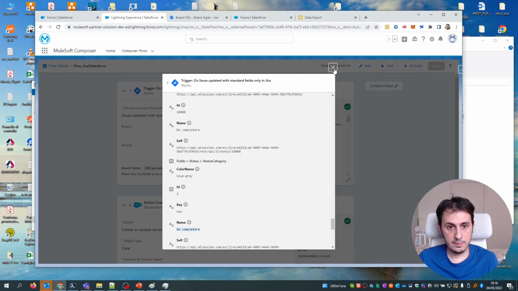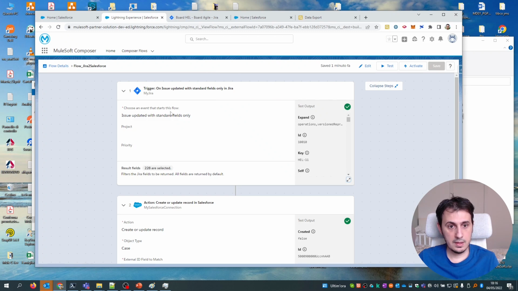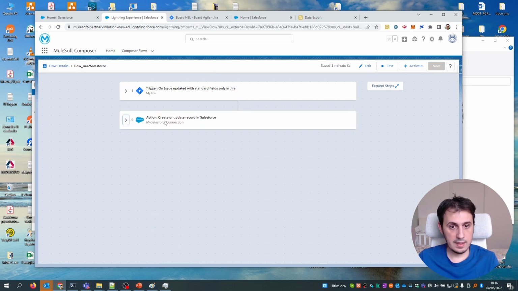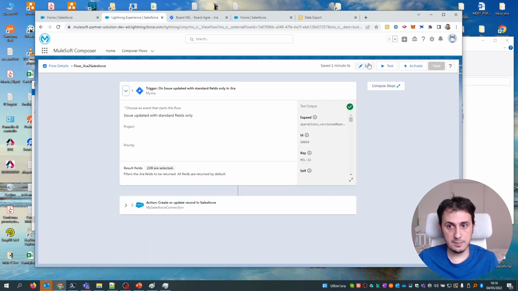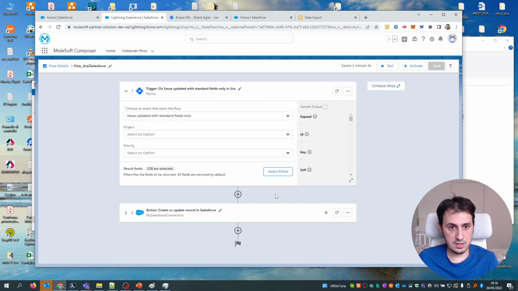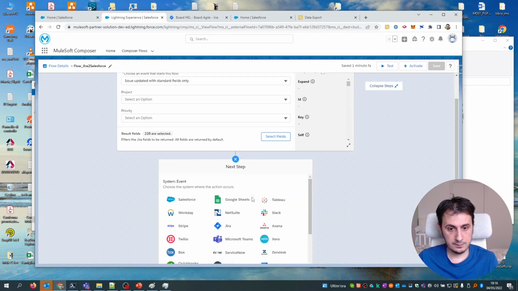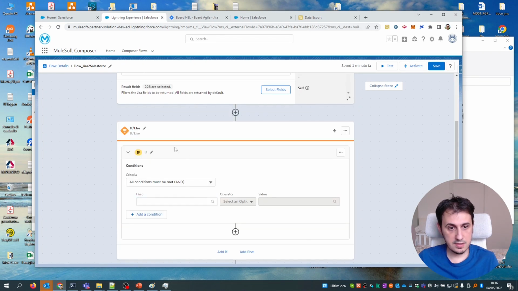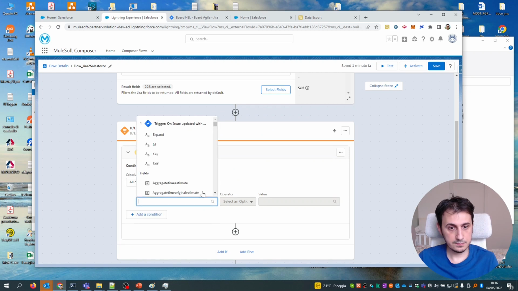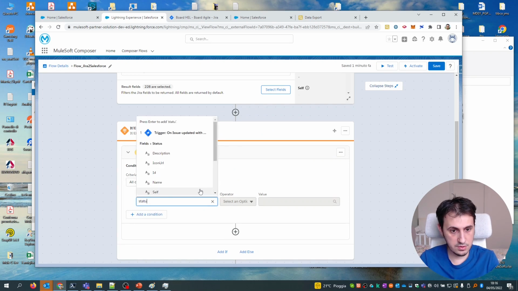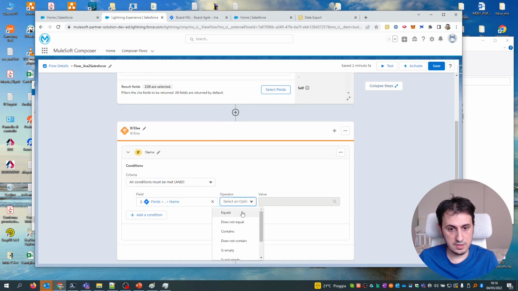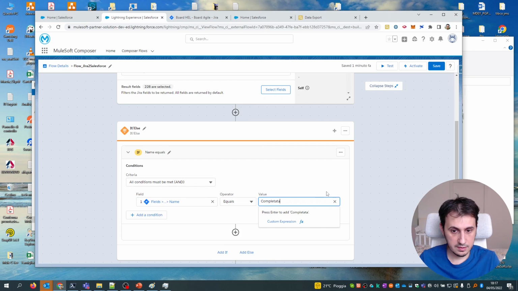Let's create an if statement in order to close the ticket only if the ticket is closed. If then else, I can set status name equals completata.